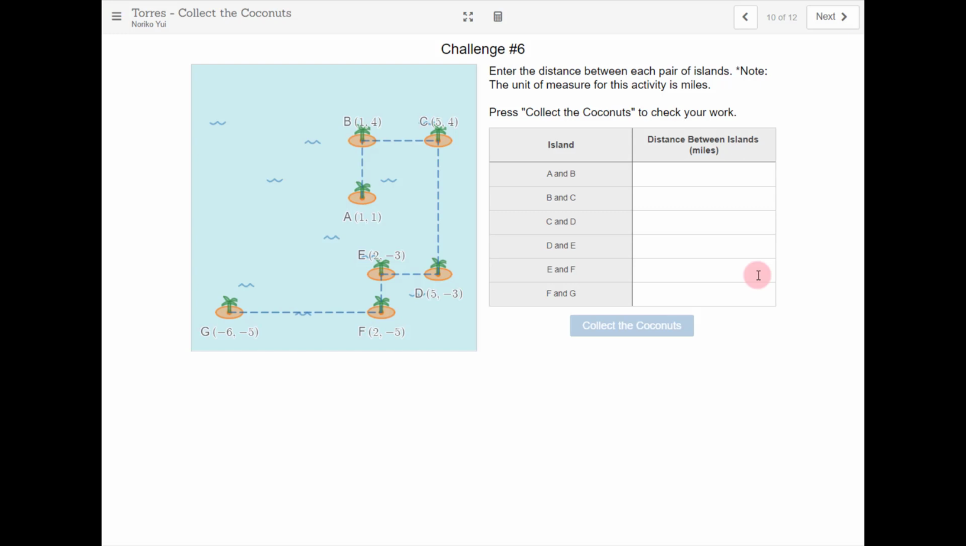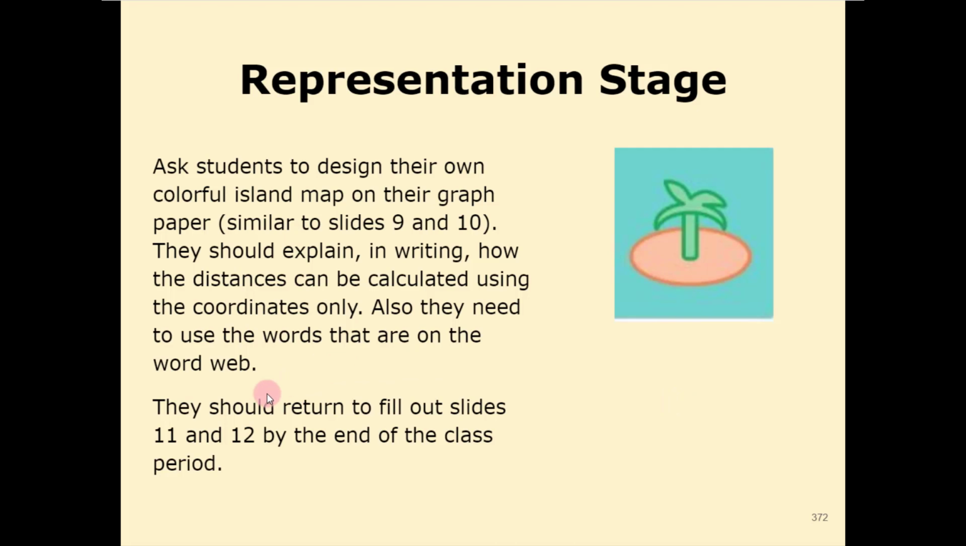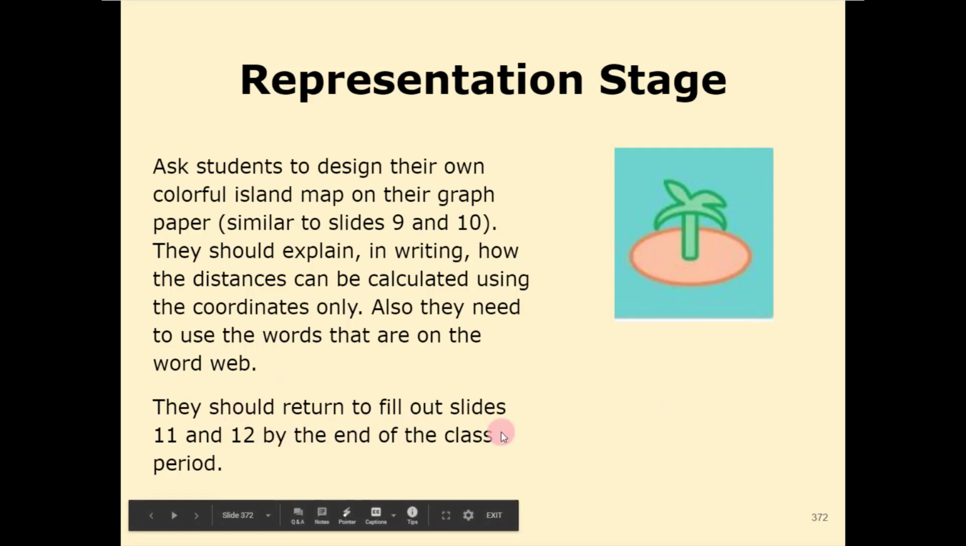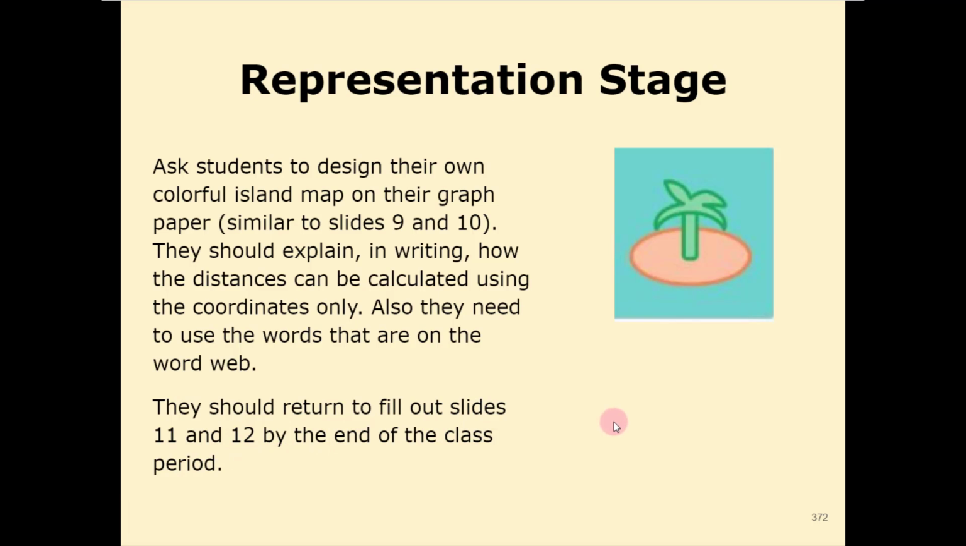They're doing all these things in a very low anxiety setting, and they're still producing documents, evidence that you can use in order to assess them and either align your lessons better for differentiation, for pacing, whatever it is. And then by the end of class, I would say they should return to fill out slides 11 and 12 by the end of class period, so that you're getting a very brief assessment, almost like an exit slip, and